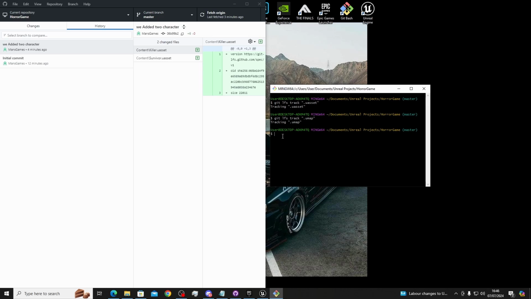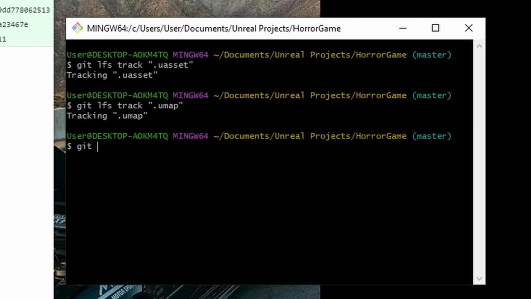So you could do something like git commit -m. The -m is so you can put a comment like new changes, and then you can